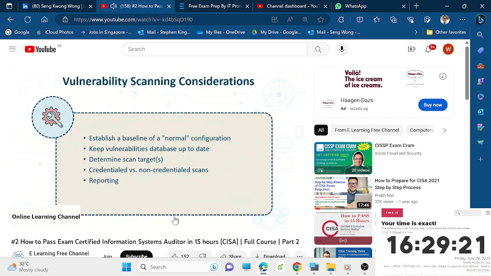Over time, what we're really looking for with vulnerability scanning, besides the obvious, which is weaknesses that need to be addressed, are also changes over time. Now, threats change over time, which is why we need to run vulnerability scans on a recurring periodic basis. Now, that time interval will vary from one organization to the next, and part of an IS audit would be to determine if, in fact, vulnerability scanning is being performed